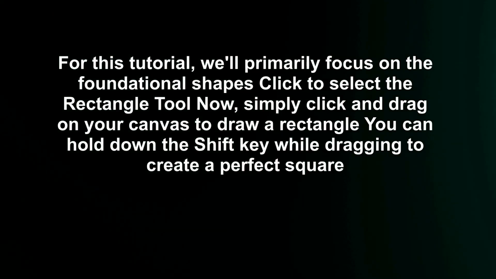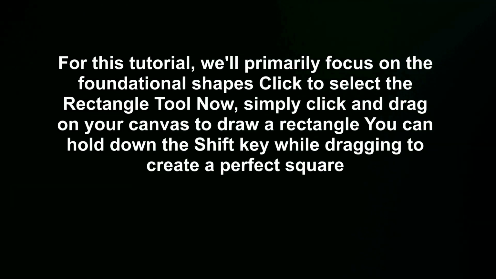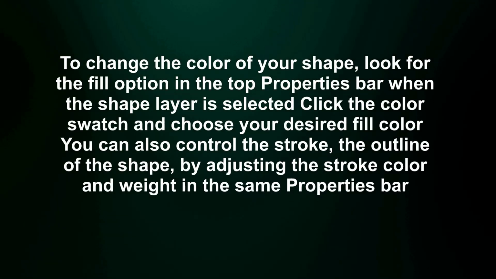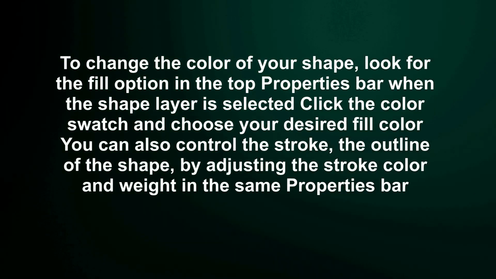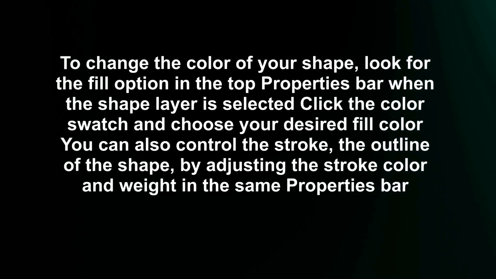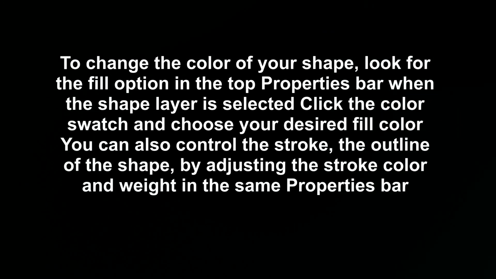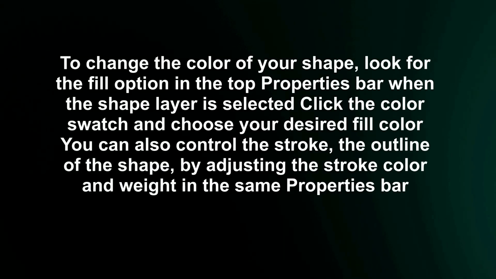Simply click and drag on your canvas to draw a rectangle. You can hold down the Shift key while dragging to create a perfect square. To change the color of your shape, look for the fill option in the top properties bar. When the shape layer is selected, click the color swatch and choose your desired fill color. You can also control the stroke, the outline of the shape, by adjusting the stroke color and weight in the